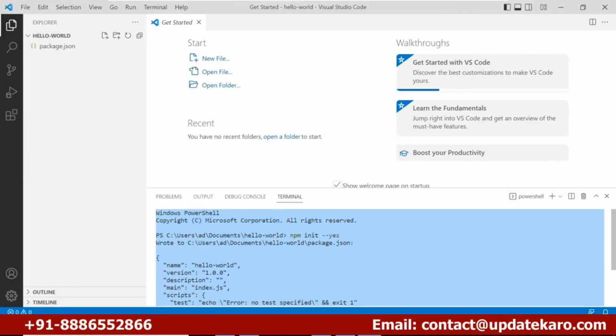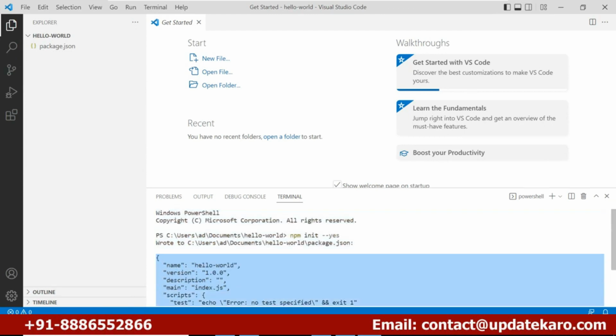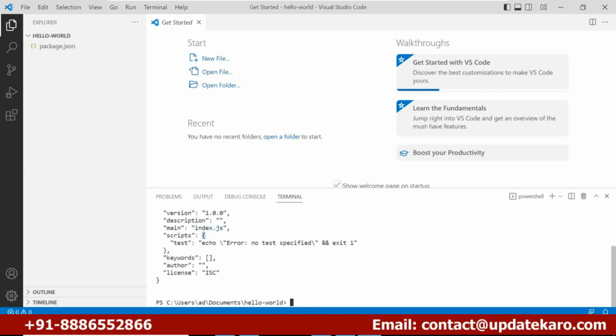There we have our files. So it created a JavaScript Object Notation file, which has the version, the description of our contract, and the main file is index.js. There's a script here, and there's a license to the script. Now let's go ahead and